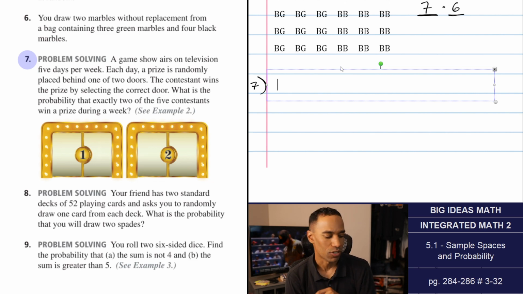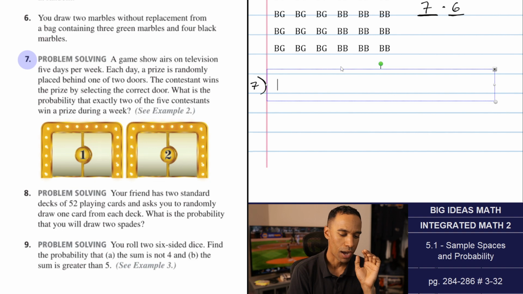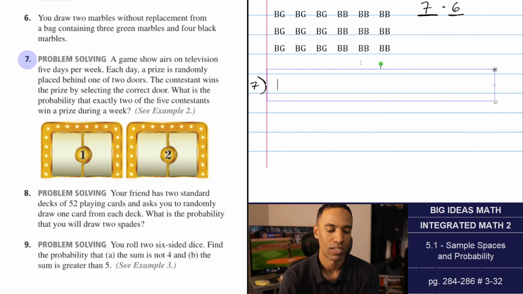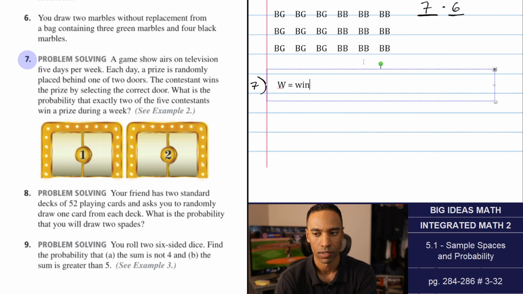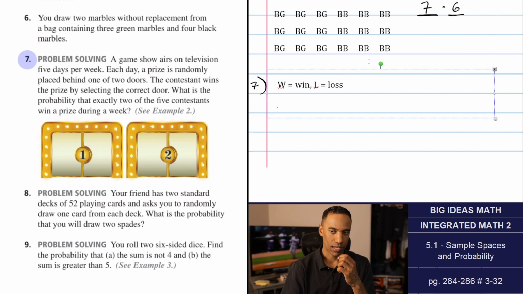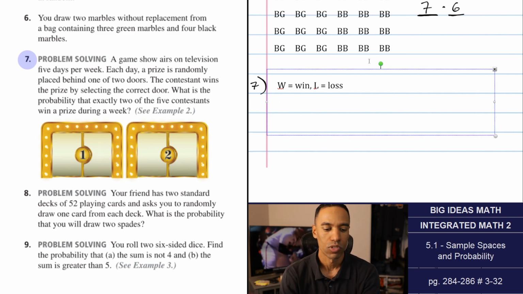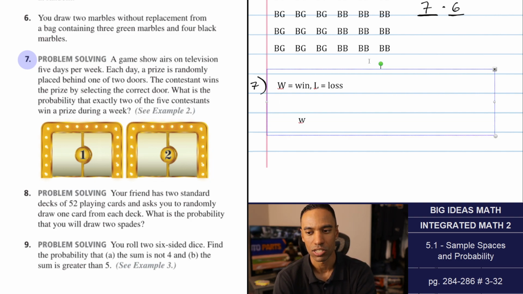Okay, never mind. I was going to do this a different way. Okay, let's just consider the sample space like this. I'll say that a W is going to represent a win, and L is going to represent a loss, as in not win. So with these things, the sample space, I'm going to arrange them in all the different contestants that go. So you can either have all contestants win,